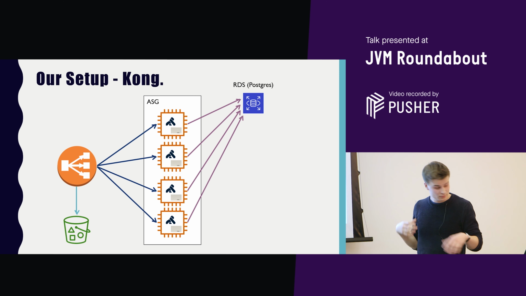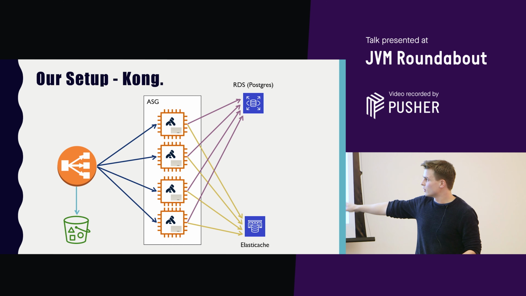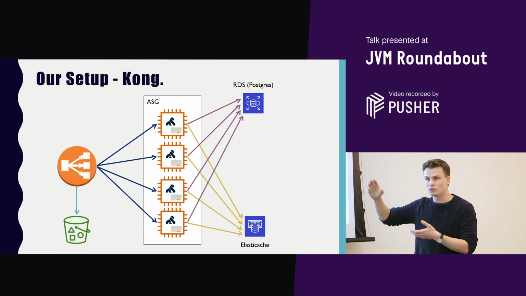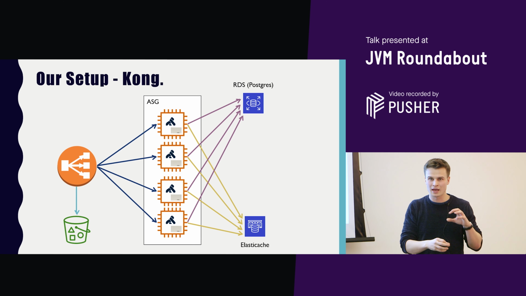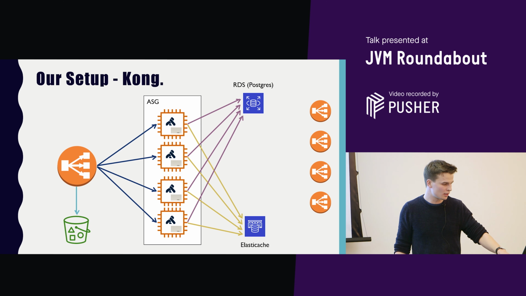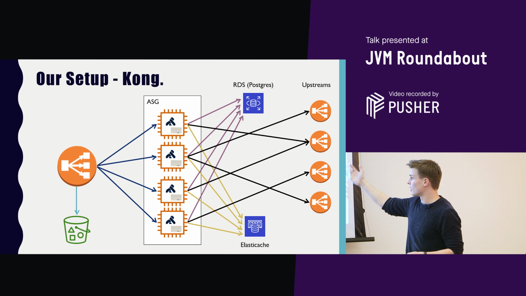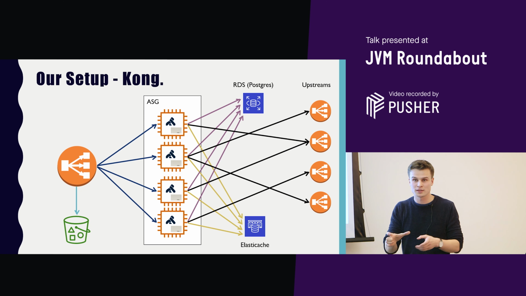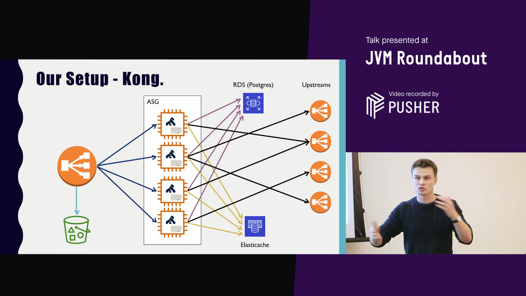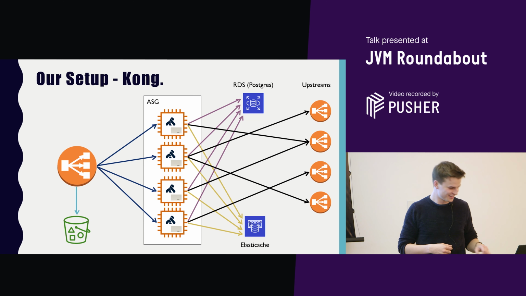And the last thing here is, I mentioned rate limiting before, to give a consistent view for each node about how many requests each consumer's made and that kind of stuff. We use ElastiCache for that. And then this is just to show any requests coming in. Kong does path-based routing to decide which microservice it should send the request to.